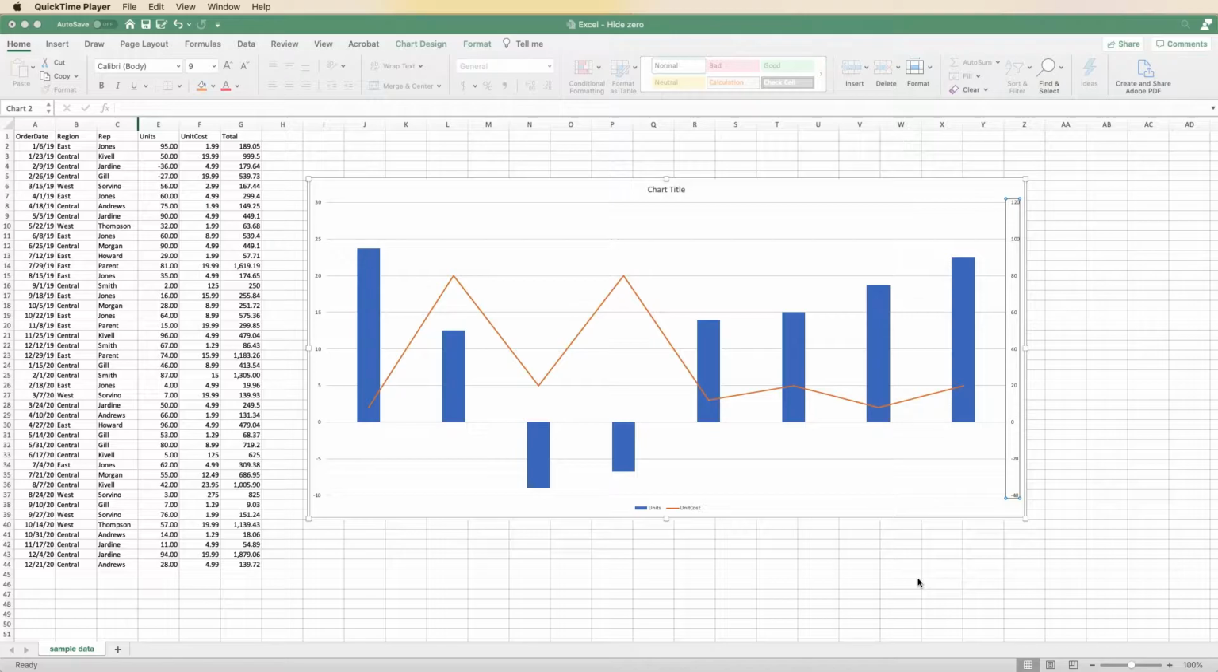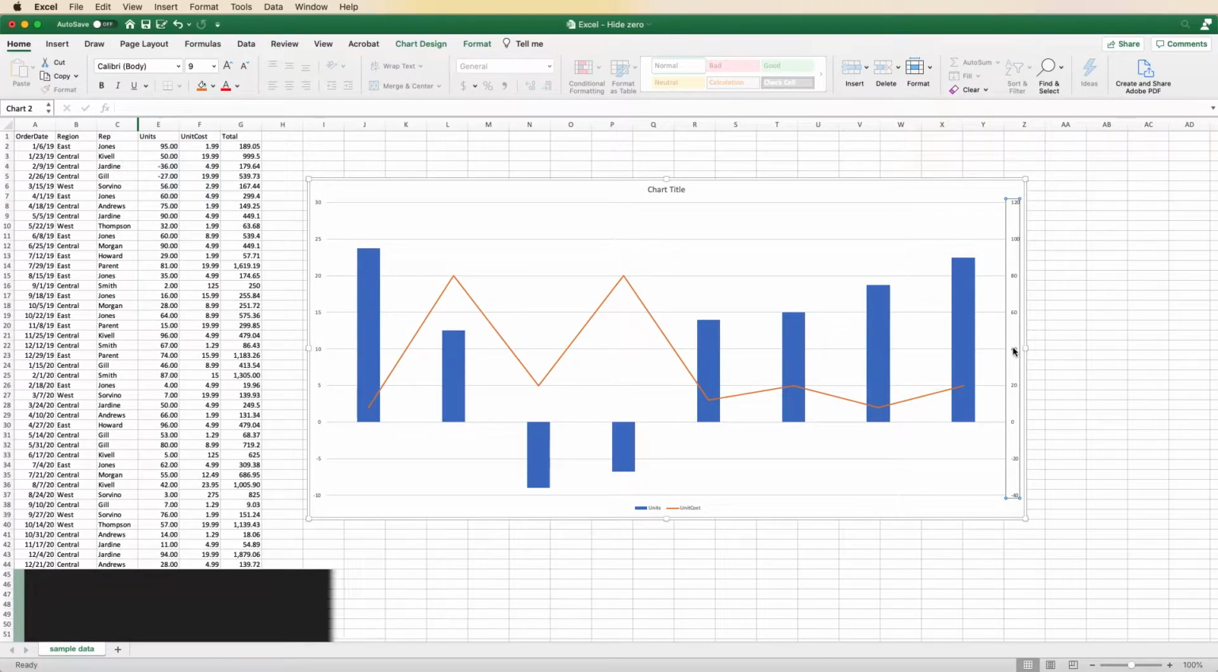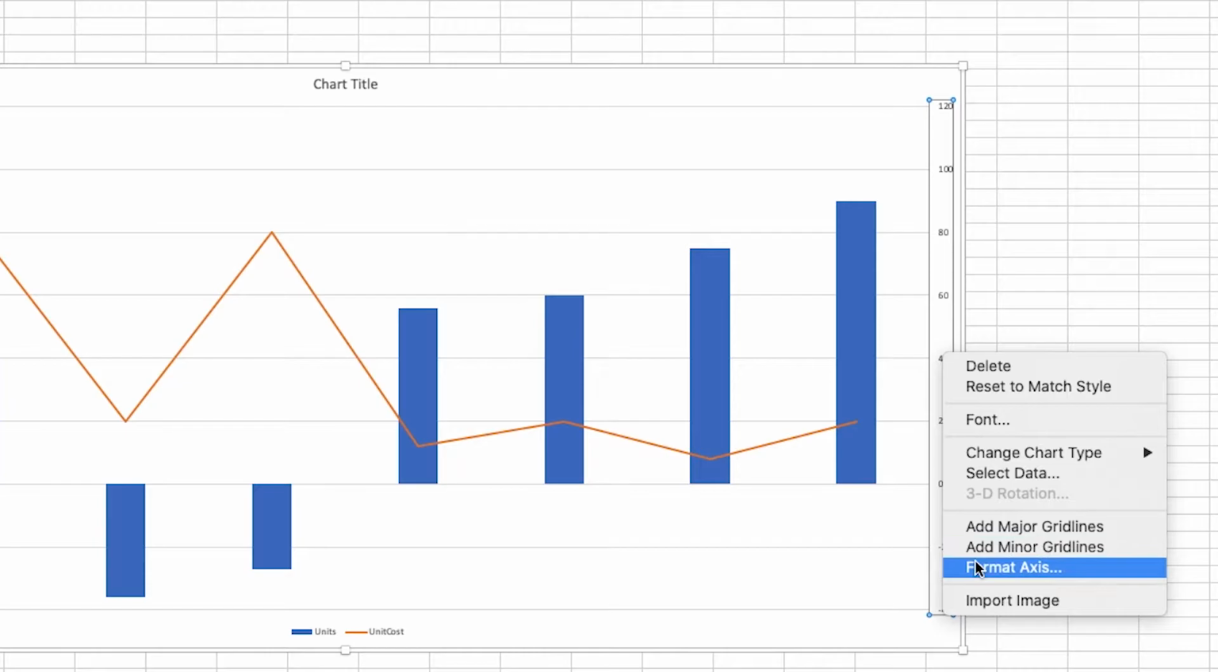Let's change the colors of the negative value of this chart. You can do this for primary Y or secondary axis. So let's right click, format axis, go to number,